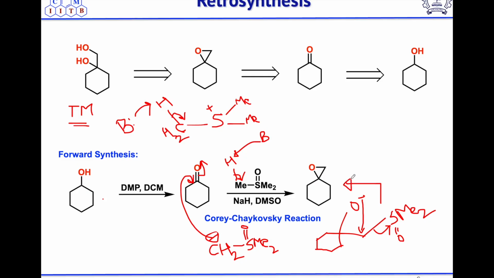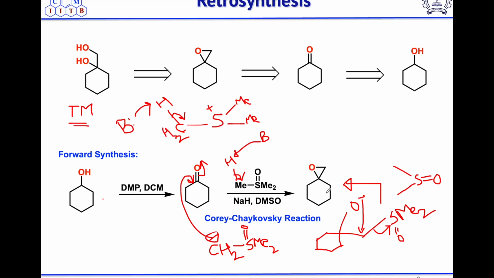You can imagine, right? And what will be the side product? Side product will be Me2SO, so the side product is dimethyl sulfoxide, DMSO. So you will get this epoxide. So this name reaction